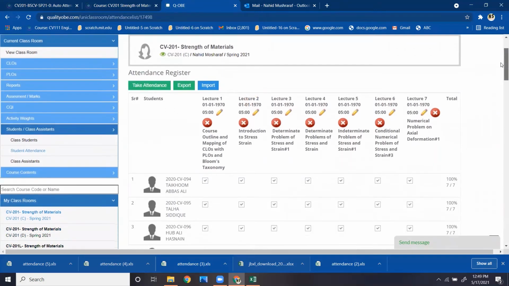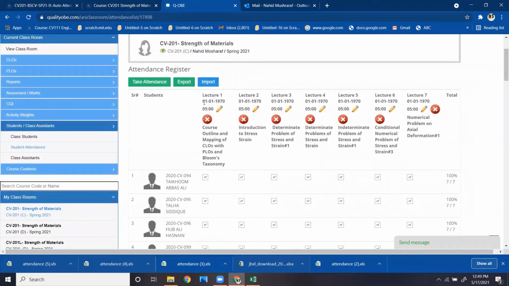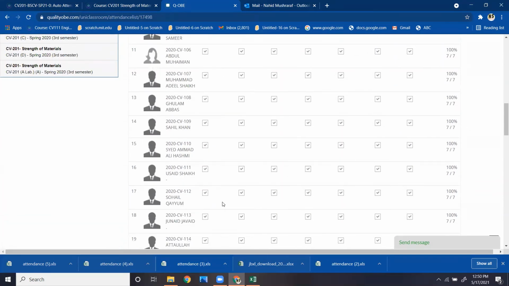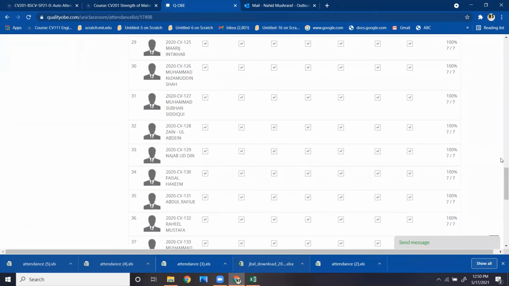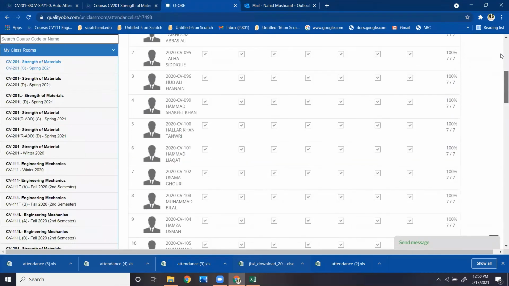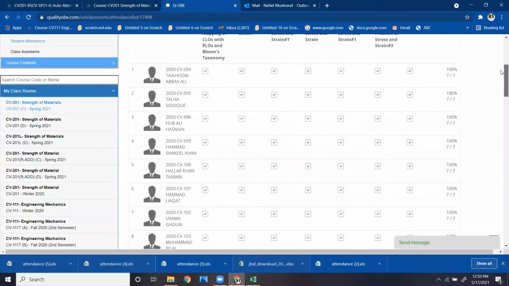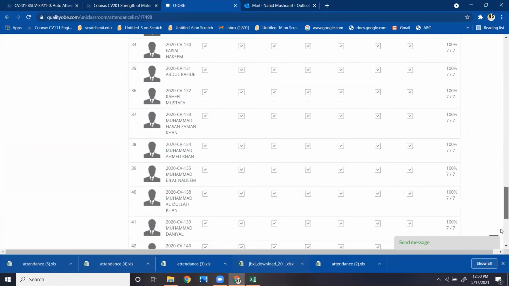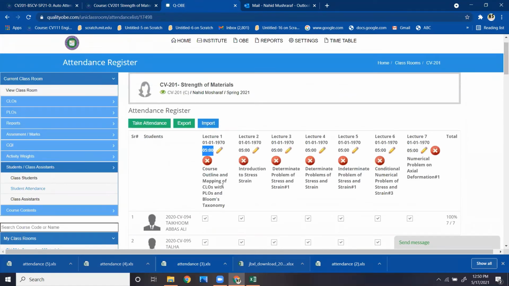Now, one thing you have to change in this: the date and time are not coming accurately. So for that, you just go into the edit section. Your attendance is fully marked. You can see all the attendance. I didn't mark any no, so you can see all the attendance is yes, yes, yes. All the students are present. You can see over here, you don't need to change the topic. You are getting the topic according to the class.